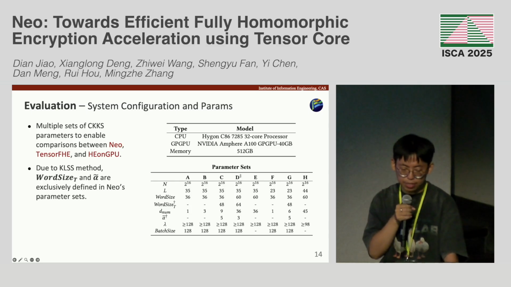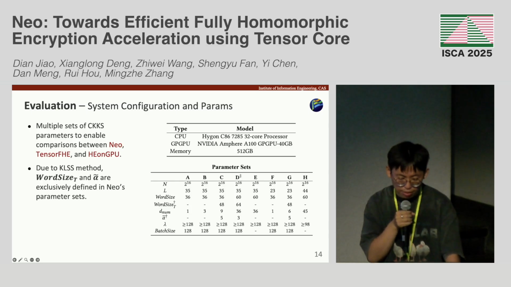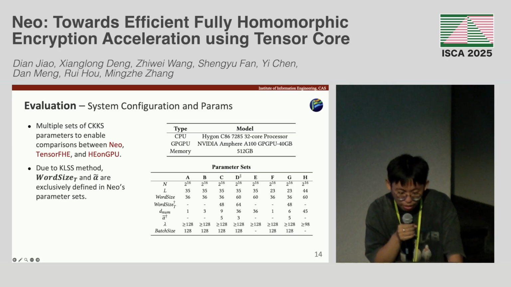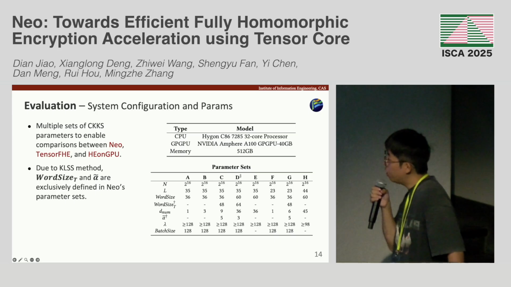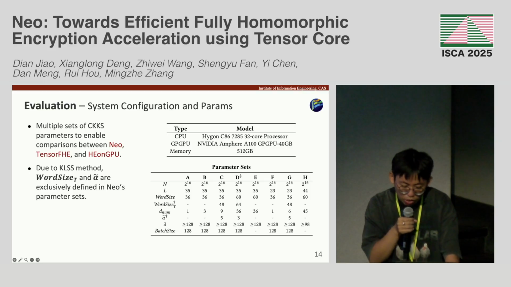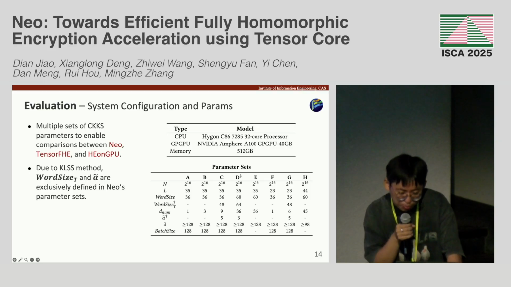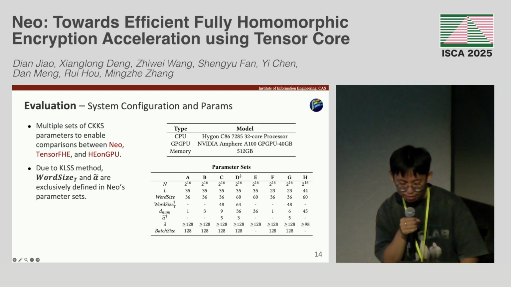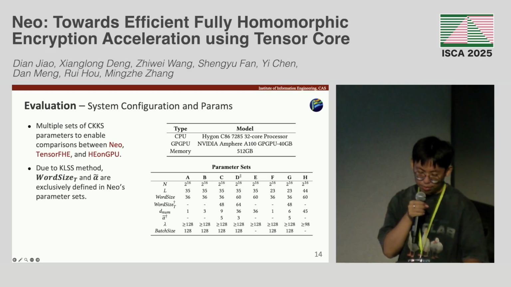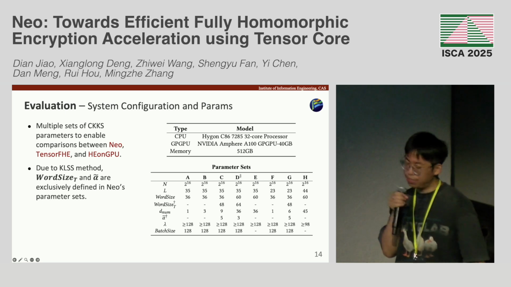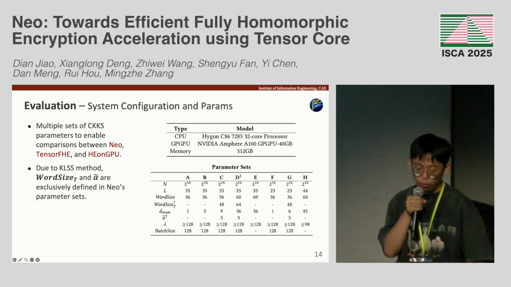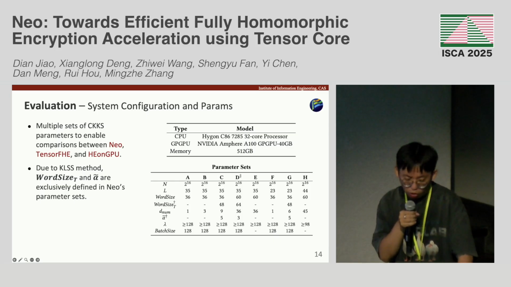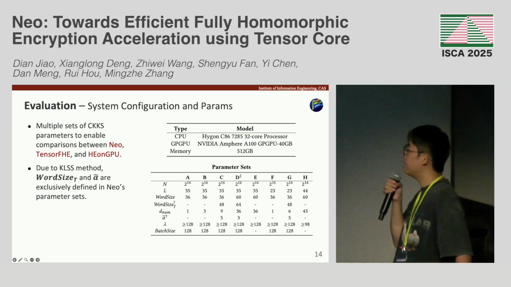In the experiment section, we first introduce the system configuration and parameter settings. We use servers equipped with an NVIDIA A100 GPU with 40 GB of memory. For parameter settings, we adopt typical parameter sets based on the CKKS scheme. To ensure a fair comparison with the previous work, we have configured 2 consistent sets of parameters for performance comparison with Tensor FHE and